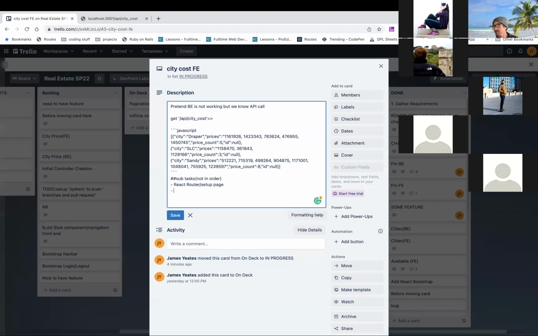What other things? Like if you're trying to do this, what things might you think you need to do or would want to do? I mean, you can always just create some dummy data, see if you can get the graph working. Yeah, dummy data. So I would break this up even